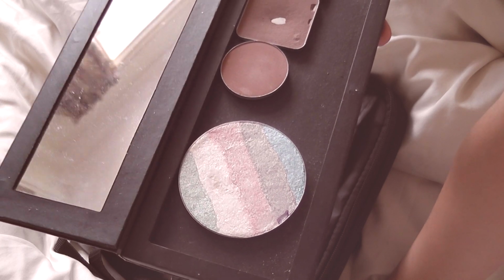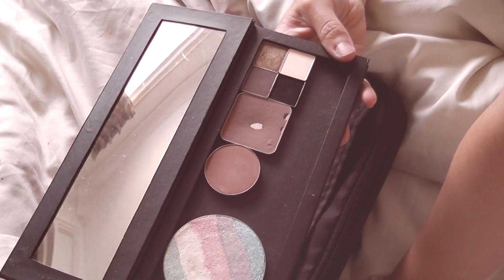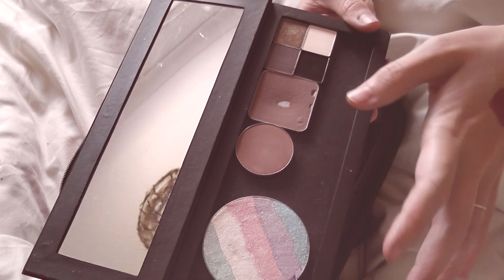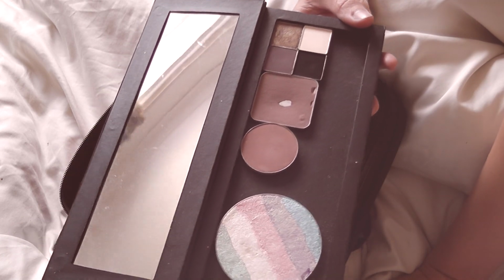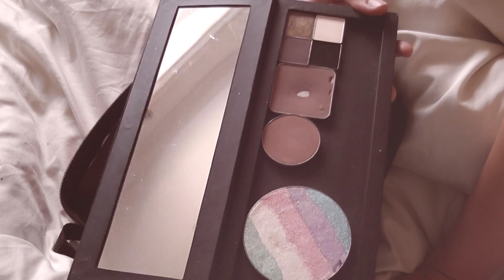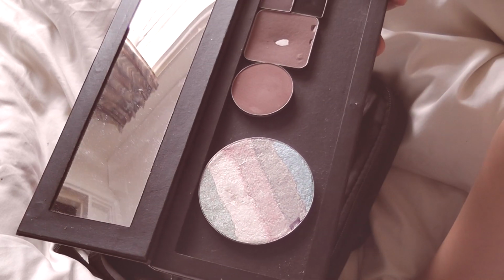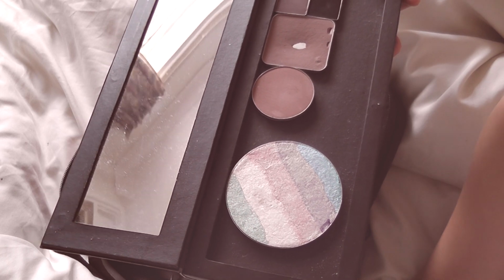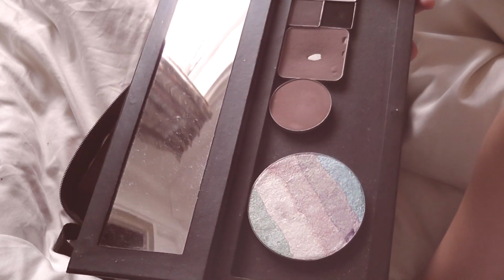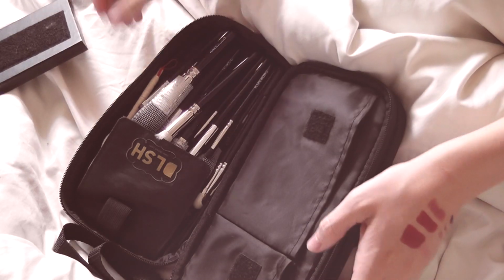And this is one of the reasons why I'm quite looking forward to hopefully doing makeup tutorials on this channel, because I'd really like to show what you can do with just this. You know, it's not a huge amount of colours. I think most palettes will come with more eyeshadows than what I've got here, but there is so much you can do with just these colours, and especially once you add something like this little highlighter disc onto it, it gives you a chance to do little tweaks to your makeup, which are small, subtle, but quite visually striking. So that's kind of what I'm thinking of doing. That all goes in this palette, and then we get to